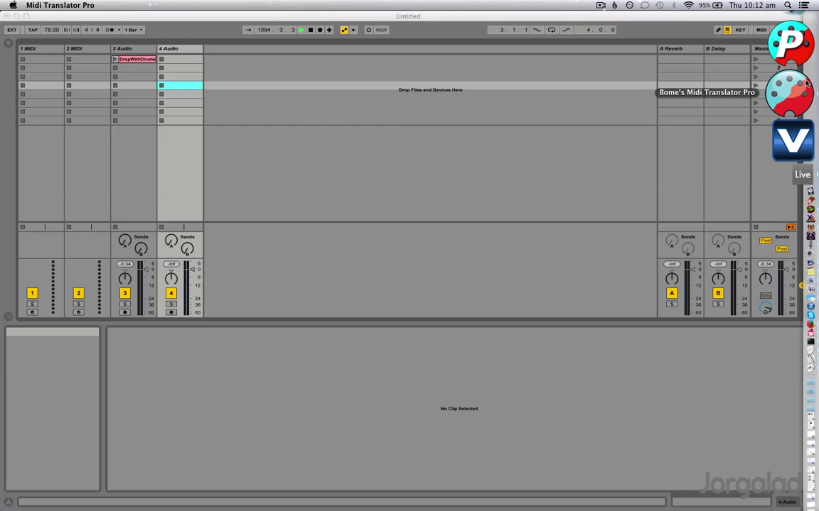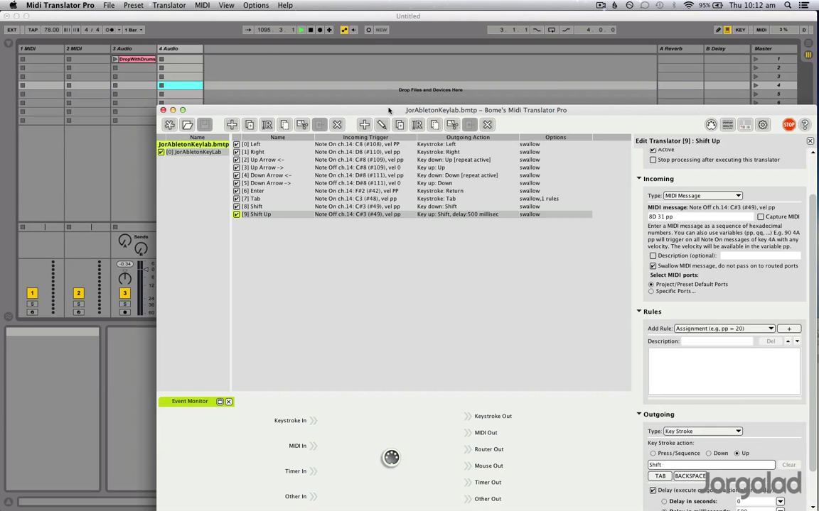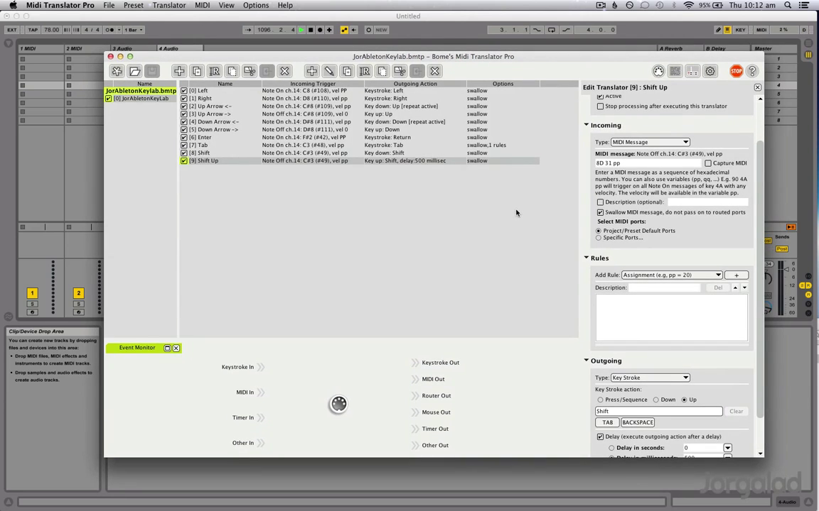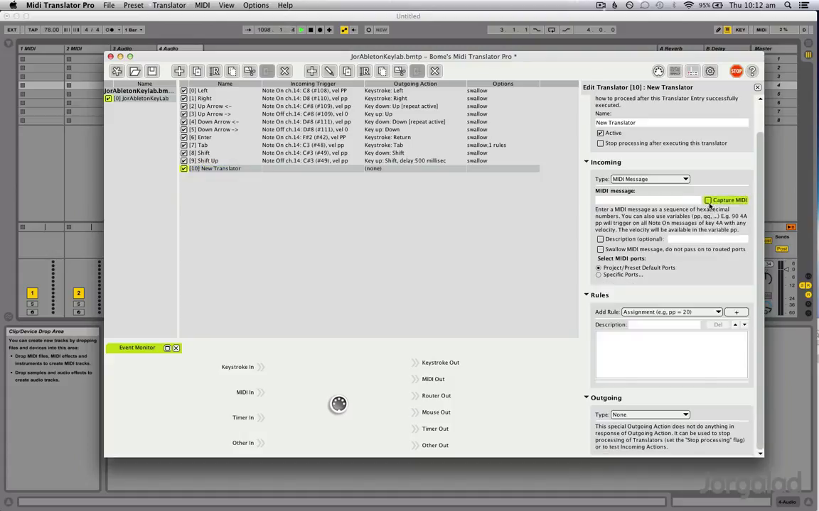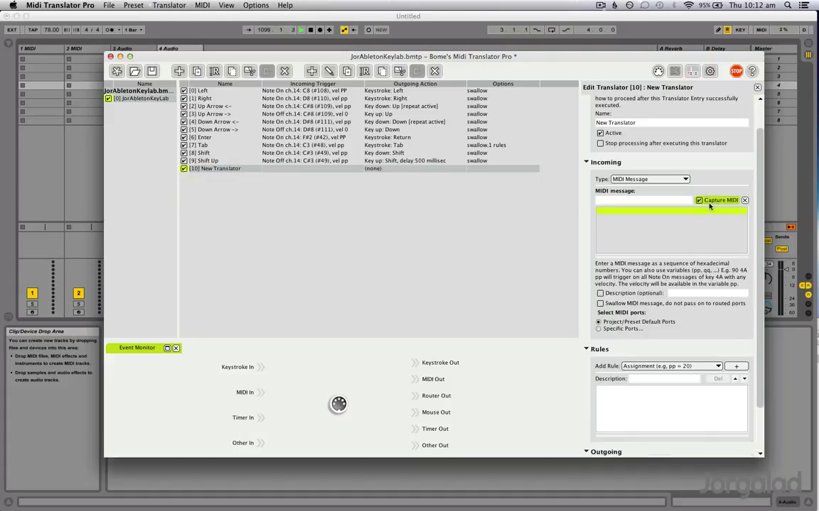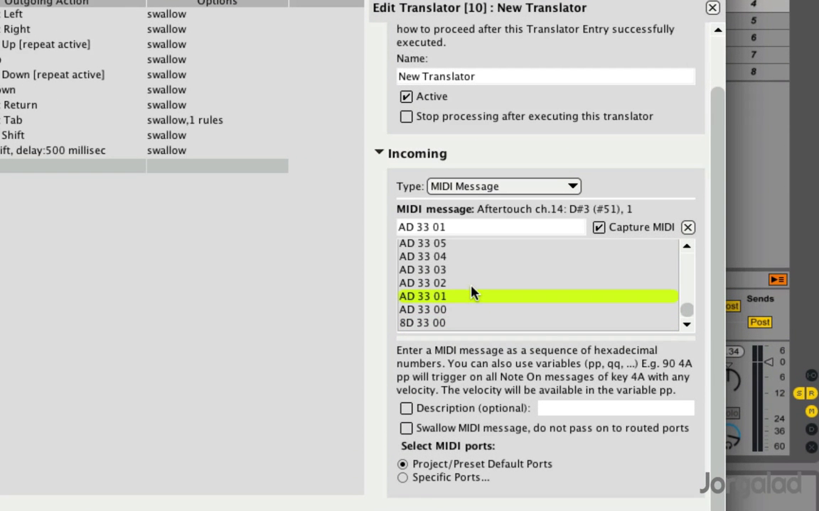The second option, which I also like, is done through Bome MIDI Translator, and it's this software right here. And right now I've got it hooked up to my keyboard. And what I can do here is I can learn a new translator, and then I'll say I capture MIDI, and then I press a button, and then we can see all these values that my MIDI keyboard is sending, and we can see it in a code, which is a hexadecimal code. We can see that we have aftertouch on channel 14 selected on a note D sharp 3 with a value of 5. Well, I don't want that, so I'm going to scroll all the way to the beginning